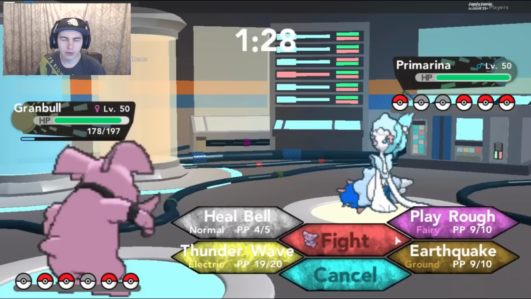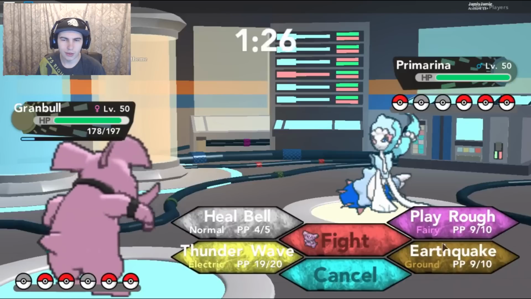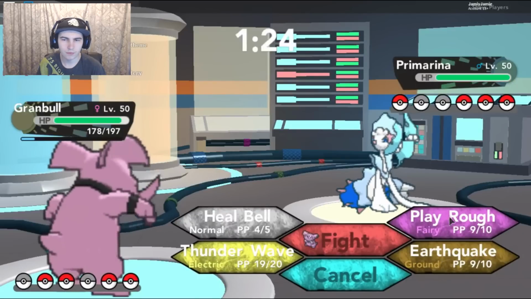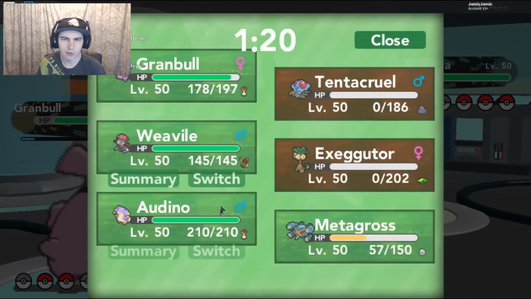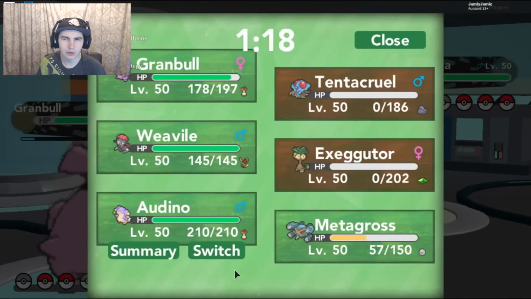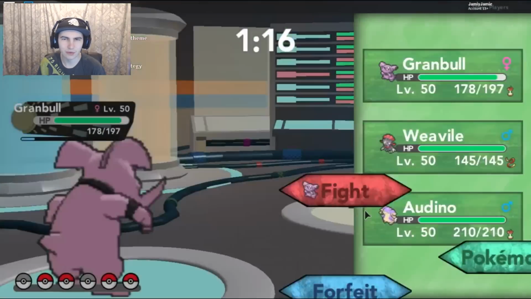Okay, Primarina is going to come out. Oh, we don't know why. Should I just play Rough It? I mean, they're both going to do like the same damage. I do have the Weavile as well, though. Actually, the Audino should be okay against this, I think, but...